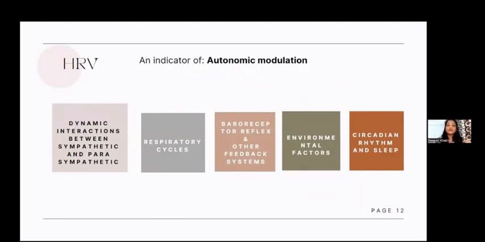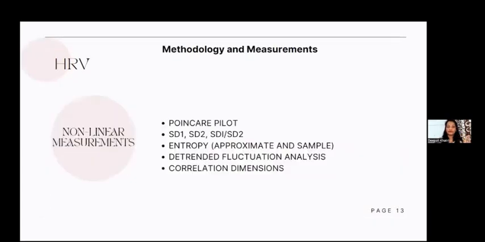Nonlinear parameters will give you the complex idea about the HRV. Why complex idea? Because HRV is affected by n number of parameters throughout the day, and how these complexities are interrelated, working, and regulated, and showing the heart rate variability, that is depicted by nonlinear parameters. Nonlinear measurements are Poincaré plot, entropy, detrended fluctuation analysis, and correlation dimensions. So here